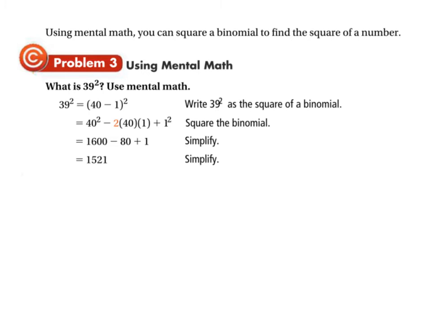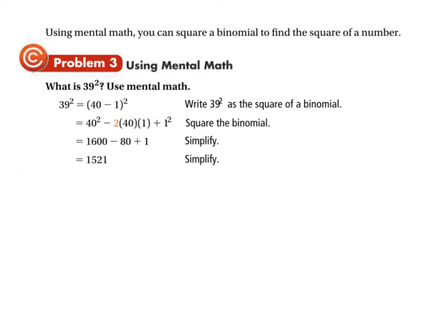Okay, what is 39 squared? Okay, well, I don't know, but 39 is really close to 40. Now, it's just a fact that you can do 40 squared in your head. Hopefully you drop the 0. 4 times 4 is 16, and then add 2 zeros on. Okay, so what you're doing here is you're saying, if I wanted to do this mentally, I would say my rule is this squared,